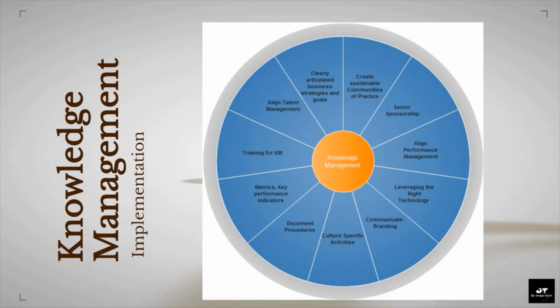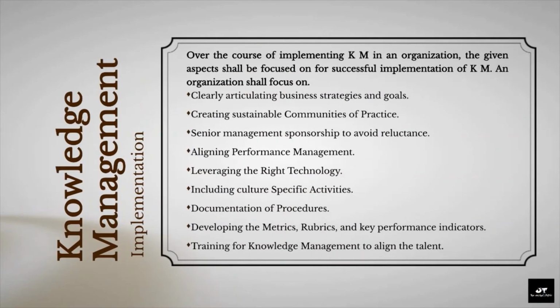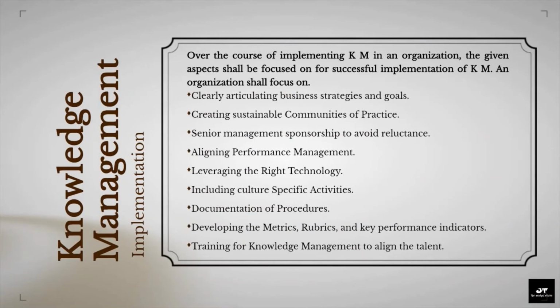Let us now explore what factors lead to successful implementation of knowledge management. Over the course of implementing KM in an organization, the given aspects shall be focused on for successful implementation of KM. An organization shall focus on clearly articulating business strategies and goals, creating sustainable communities of practice, senior management sponsorship